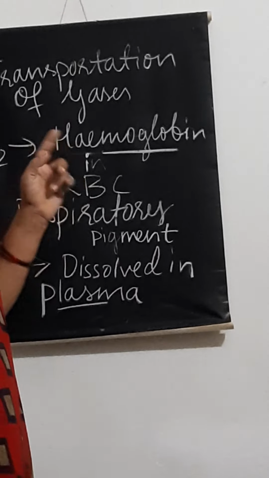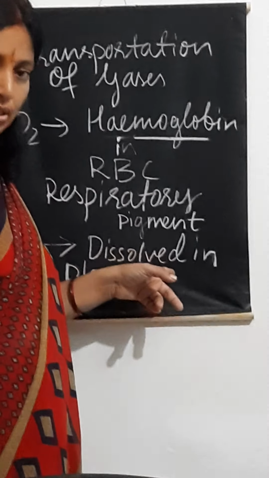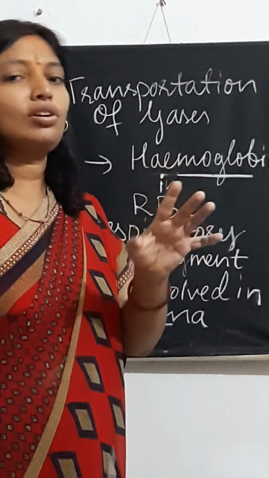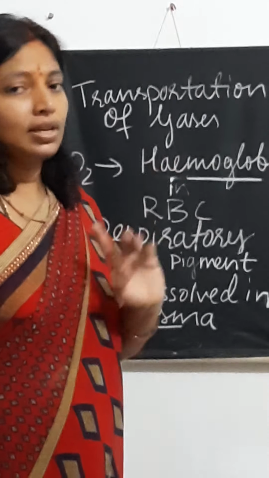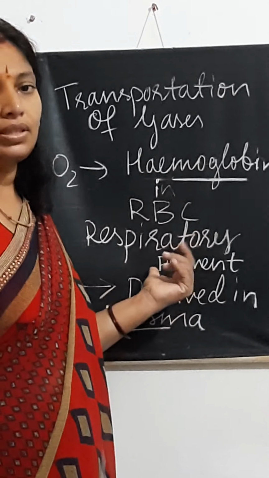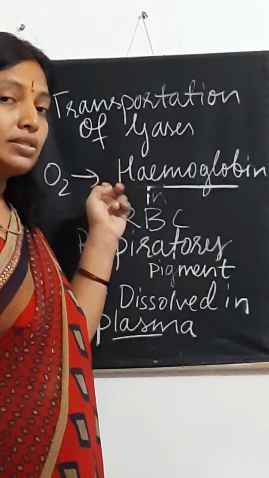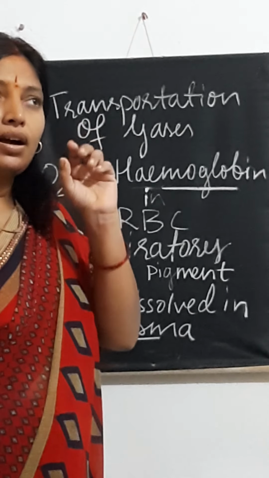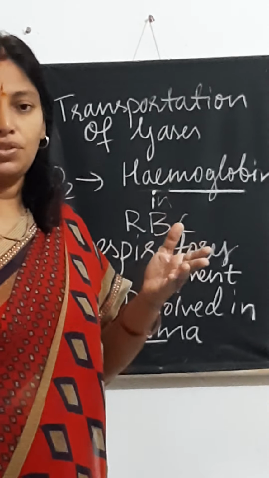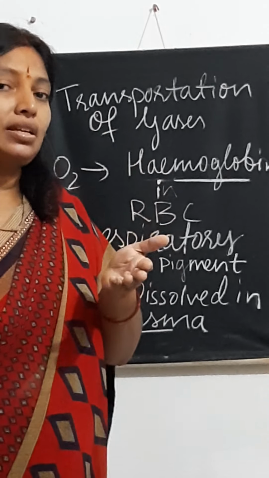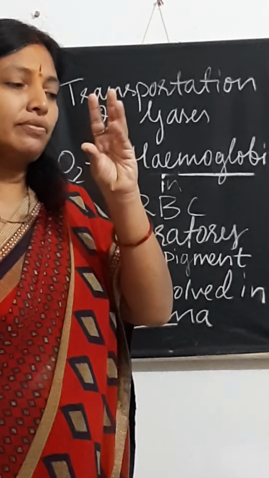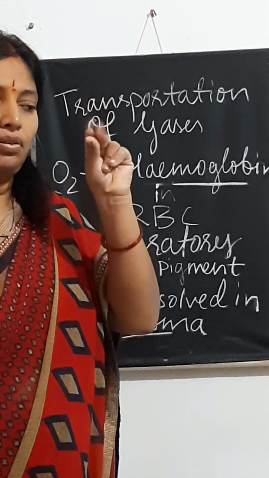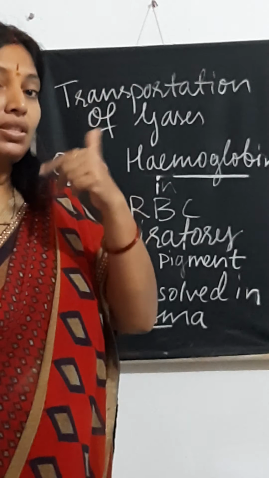Then the question arises, why oxygen can't be transported the same way? The reason is oxygen is less soluble in water. That is why it cannot be transported in the dissolved form. This same reason applies to aquatic organisms. One question they ask, in case of aquatic organisms such as fish, they have got higher breathing rate, means they will be breathing faster. If you see fish, it will be opening its mouth continuously, opening, closing, because it is breathing faster.